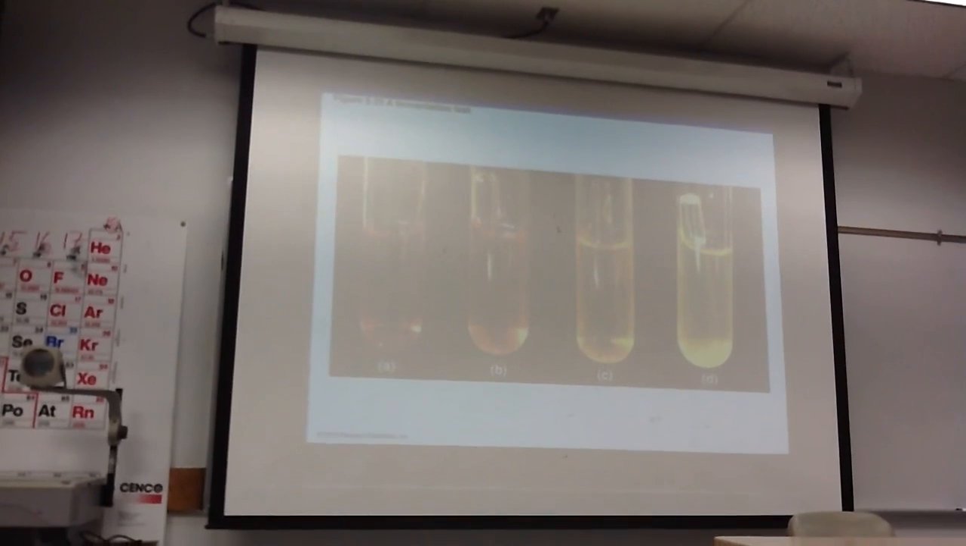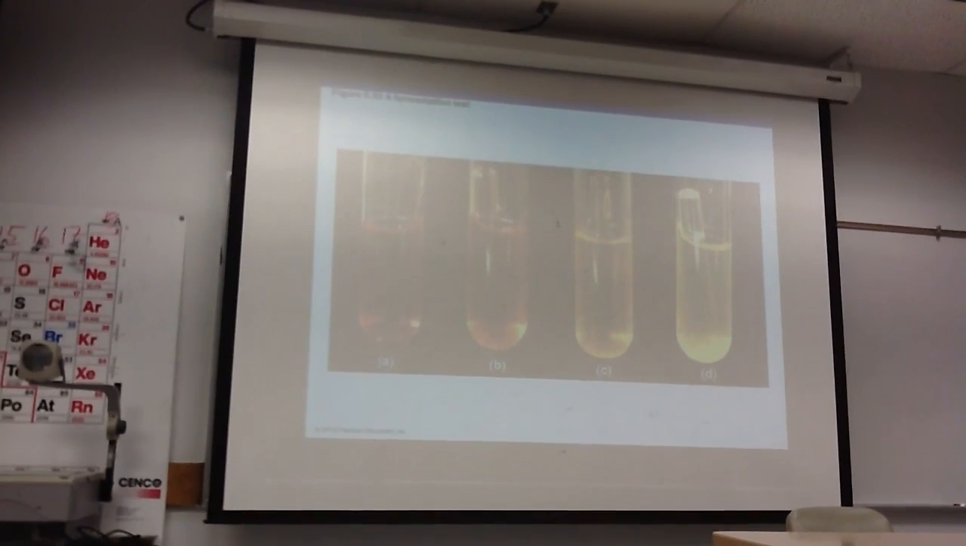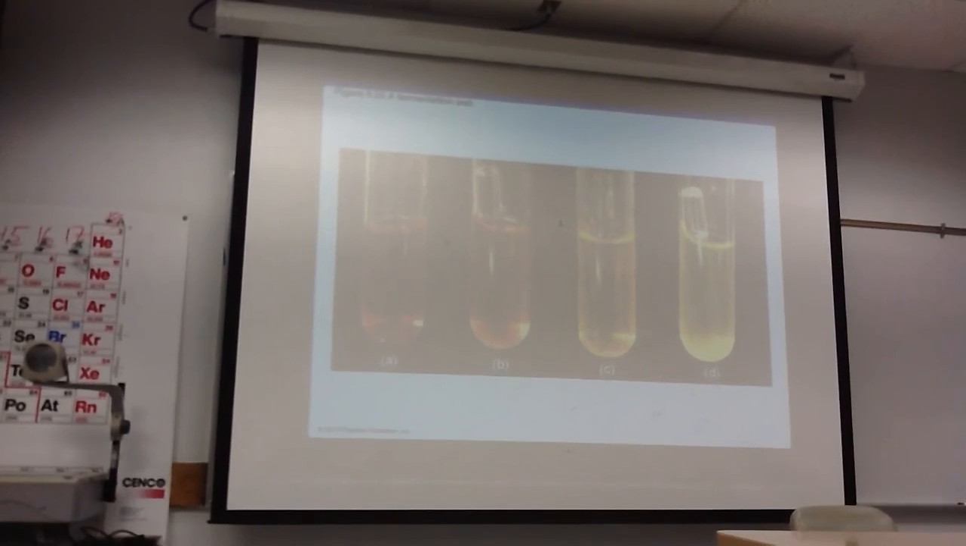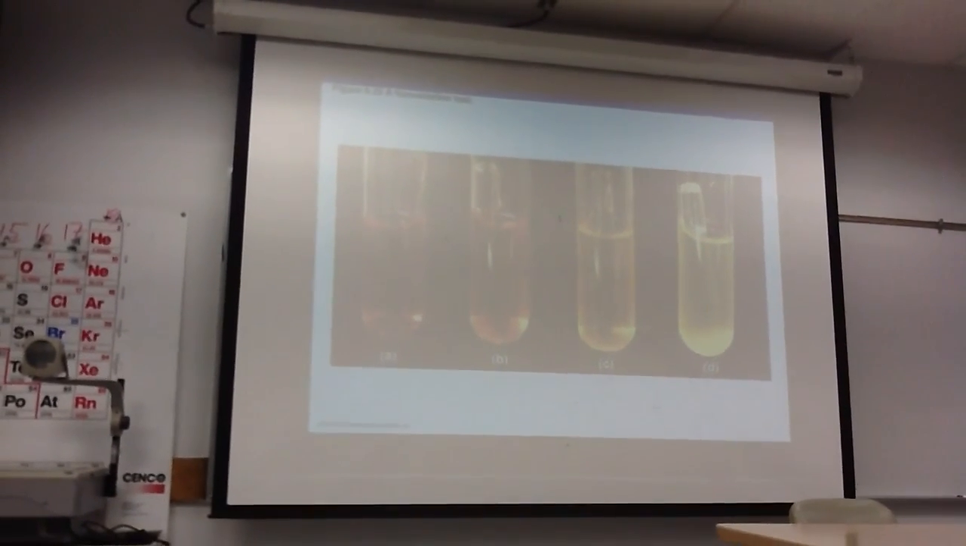Okay, all right. So the fermentation test, which you will eventually get to do in the lab. A is the control. In this tube, we're going to have